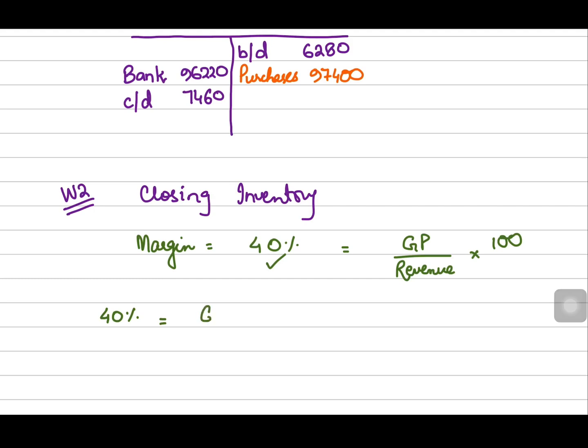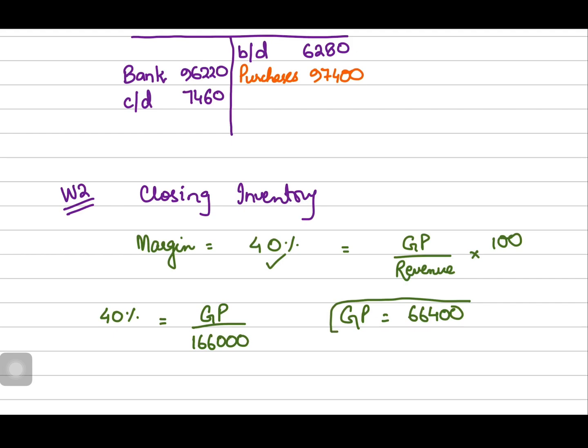We have revenue, we don't have gross profit yet. So 166,000, right? Don't write 1 multiply by 100 over here, because you already have the ratio in percentage form. So directly multiply 40% with 166,000 and that would give you a gross profit of